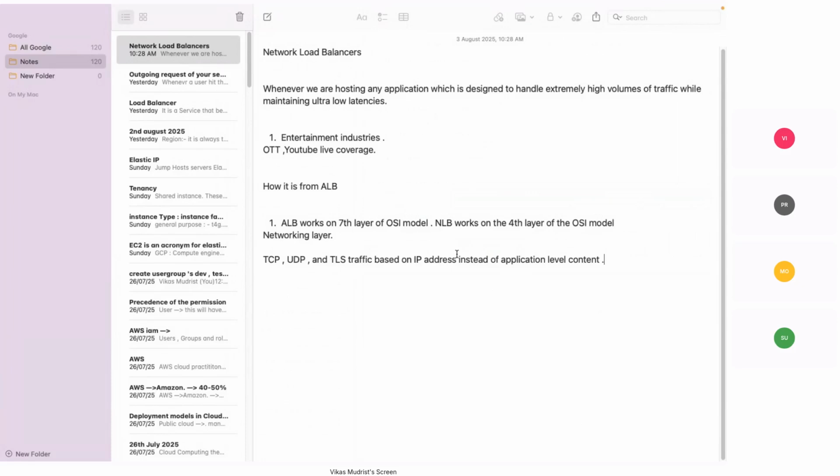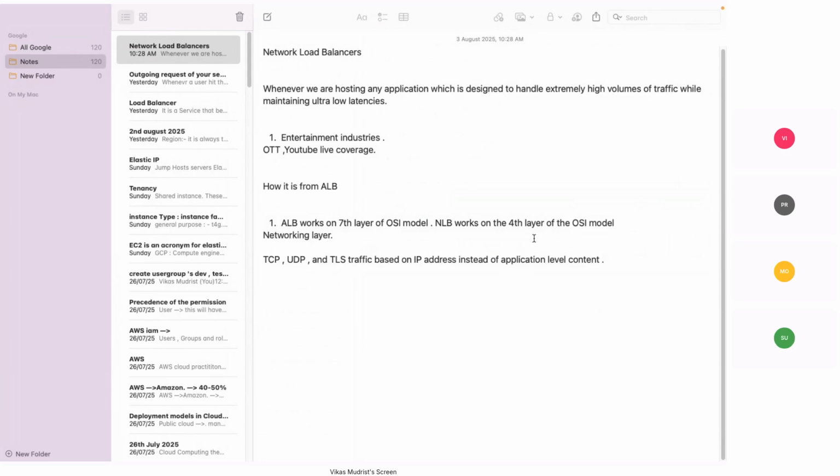I'm not saying that you cannot use an application load balancer. Yes, you can, but we require a better output. As I told you, the network load balancer is actually designed to handle networking kinds of requests, where you need to handle a very high volume of traffic and also make sure there is low latency. Although you can use the application load balancer there also, it has its limitations